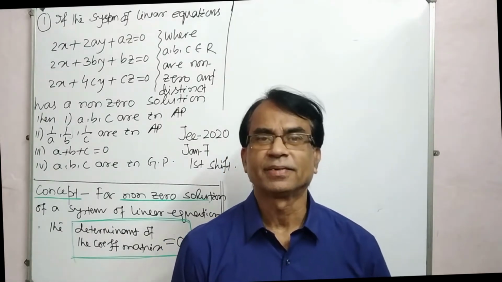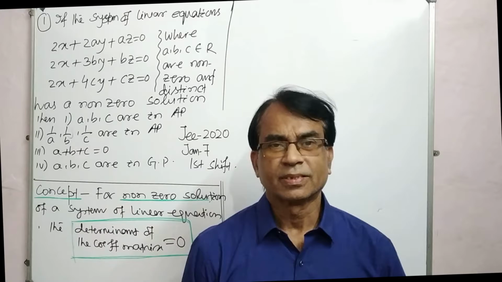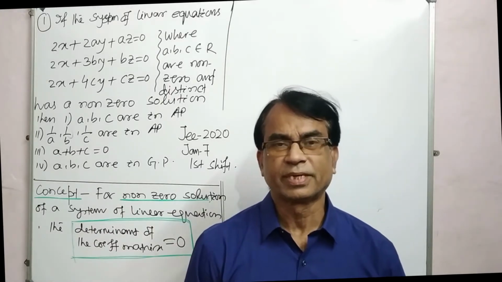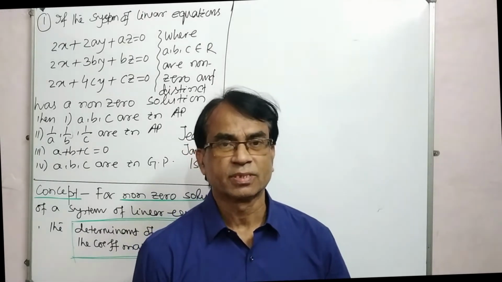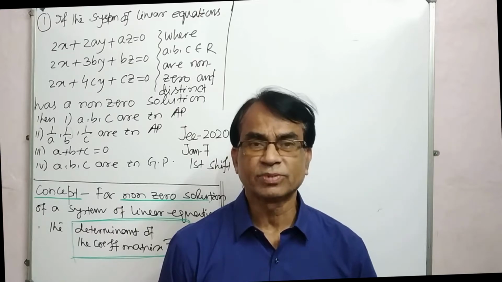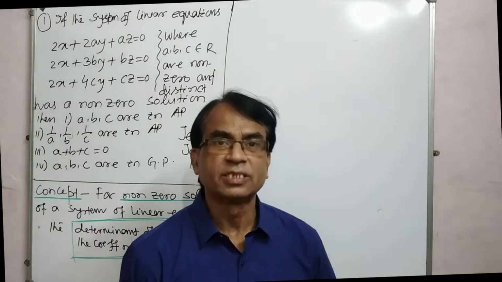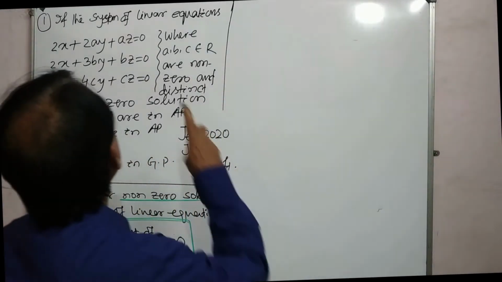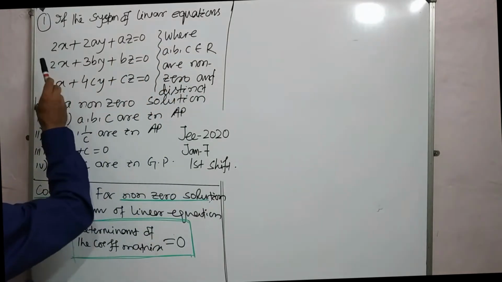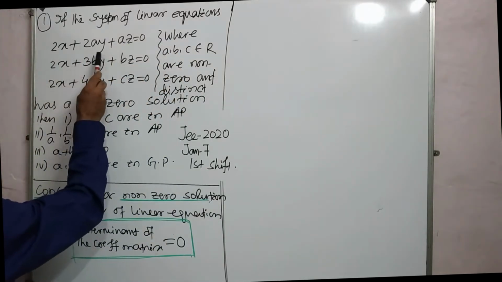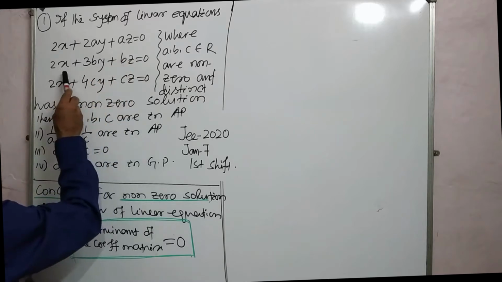2020, July 17, and here I will discuss the tricks and the concepts involved in the problems of algebra. Let's see a problem. If a system of linear equations 2x plus 2y plus az is 0, 2x plus 3by